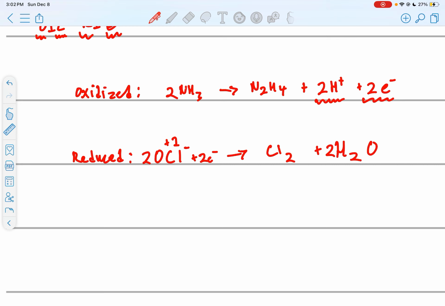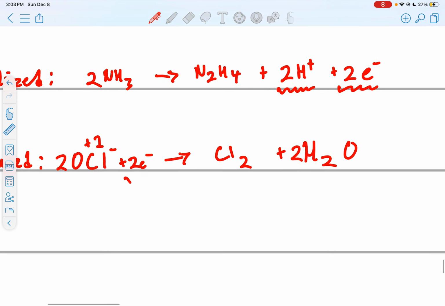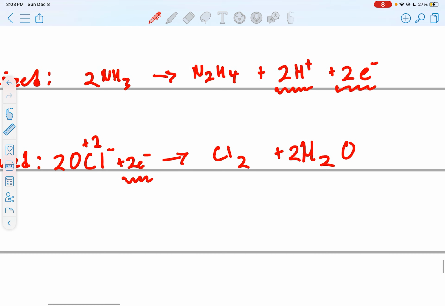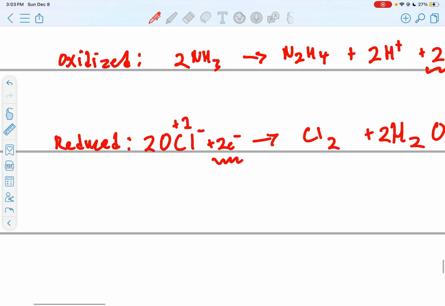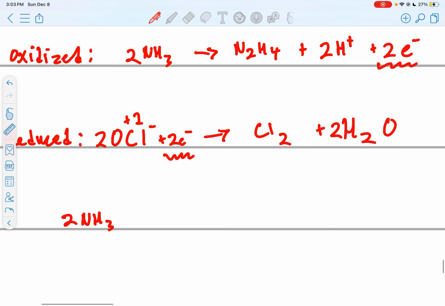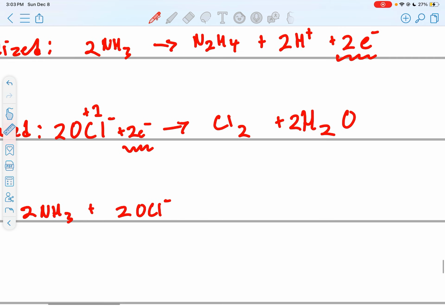Reactants go on the reactant side, products go on the product side, right? And we don't need to bother writing the electrons because we know they'll cancel each other out anyways. So there's no need to write down the electrons in the reactants or the products, because if you've done everything right, they'll cancel each other out. So it's fine. So we start with 2 ammonias plus 2 OCl becomes,